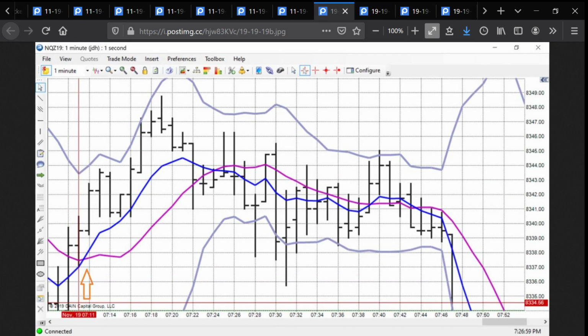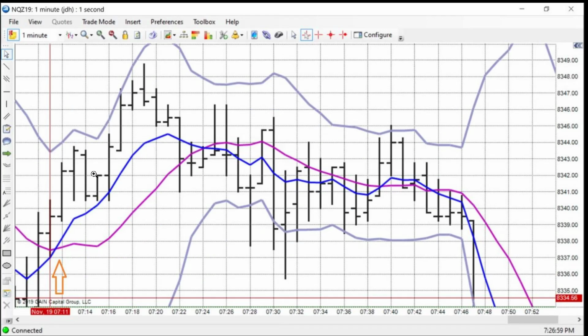Here's a continuation of that chart. The scale changed, but this is right here at 7:11, where we were on the last chart. And I'm just showing that it's a little bit of a different scale because I advanced the chart forward. So you can see it's getting less and less volatile by how far my grid lines are apart, you can tell volatility at a glance. And you could see you could take this long trade right here